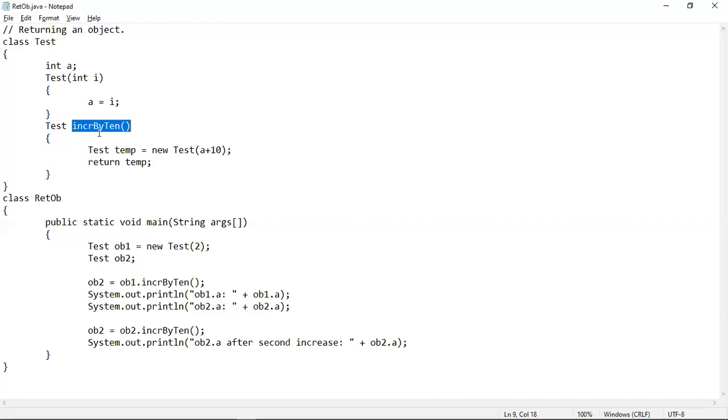That means if a method returns an integer value, then the primitive data type int, which is the return type of the method, should be written just before the method name. That means if the method name is show, and the return type is int, then it should be written like int show. Let me explain you by writing it.